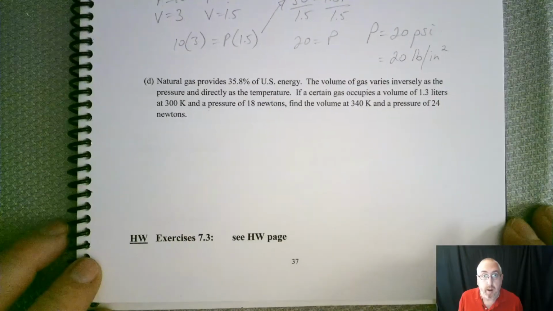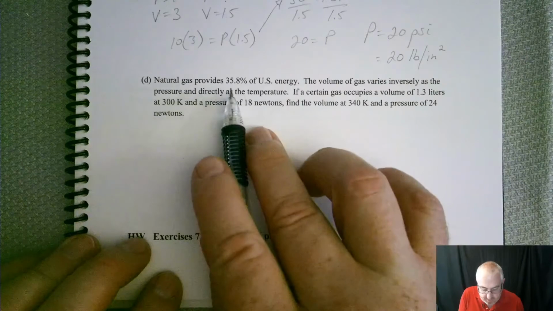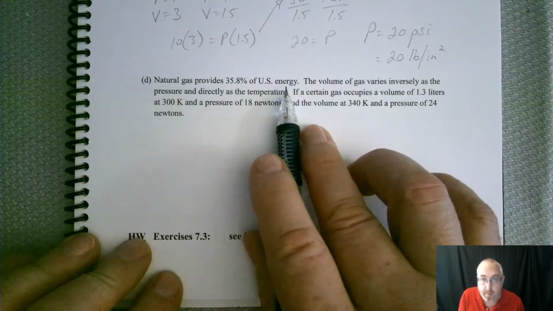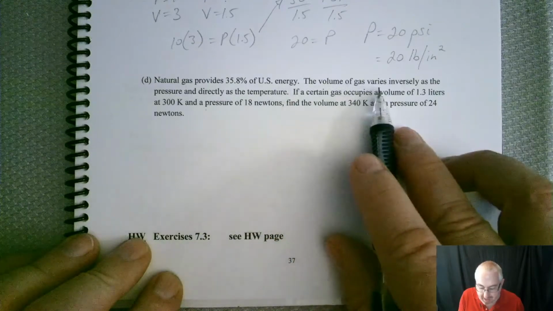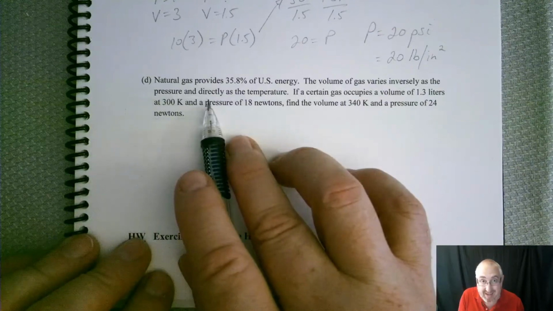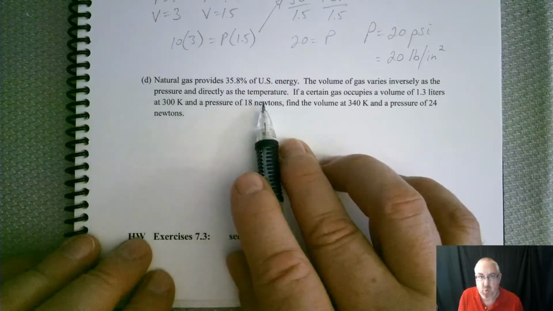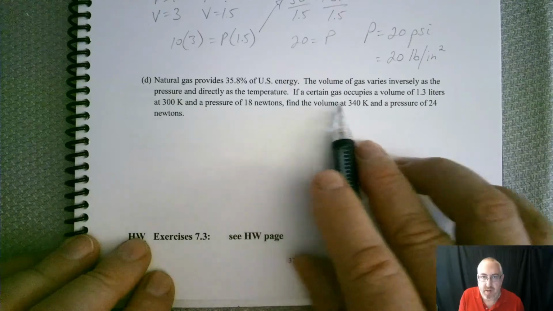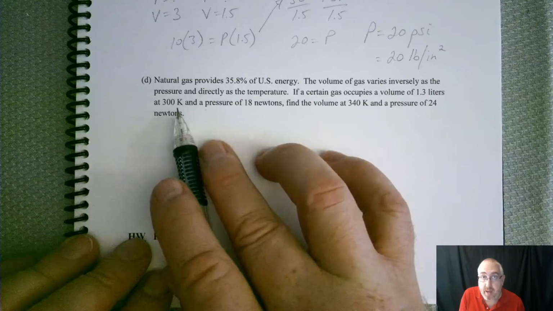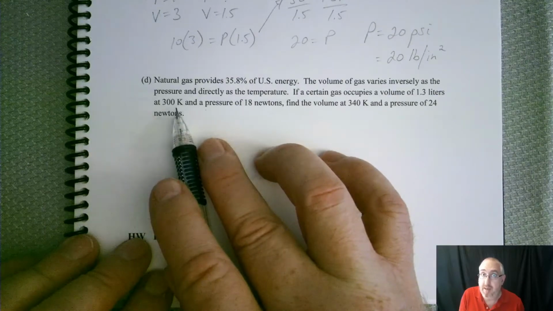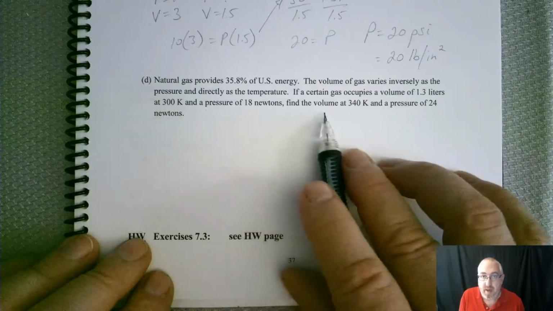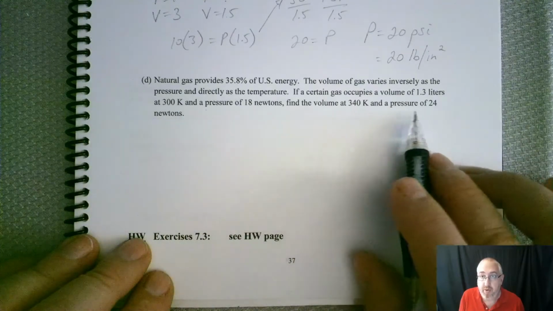All right, so natural gas provides 35.8% of U.S. energy. Whoop-de-doo, doesn't help us with the problem. The volume of gas varies inversely as the pressure and directly as the temperature. If certain gas occupies a volume of 1.3 liters at 300 K, now 300 K, if you're not sure what K is, temperature, so Kelvin, and pressure is 18 newtons, find the volume at 340 K and a pressure of